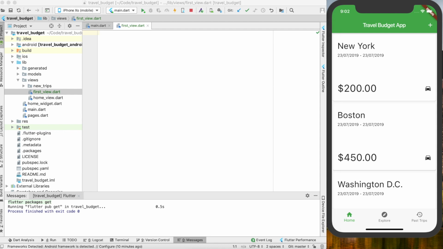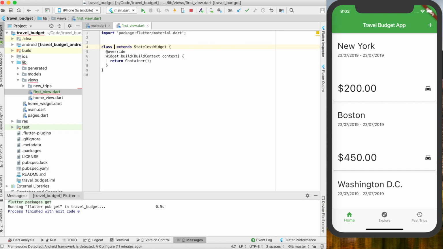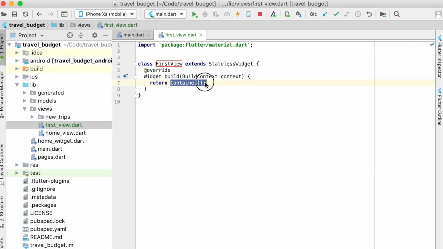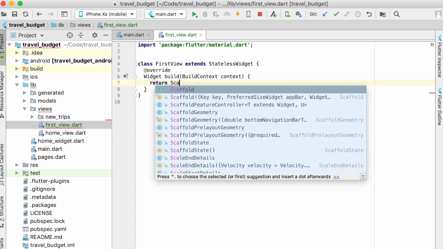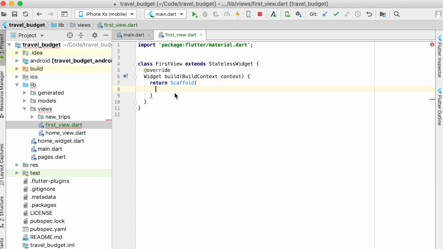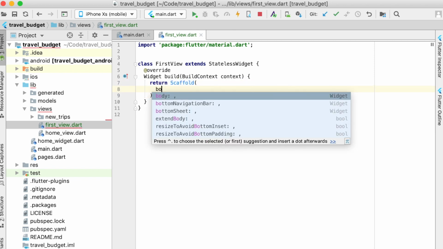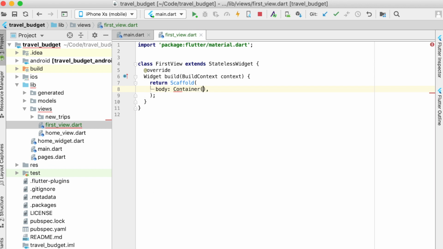So first thing to do is import the stuff that we're going to need, which is obviously the material package. And then with that, we can go ahead and create the new stateless widget, and we're just going to call this the first view. All right, let's go ahead and return a scaffold from this widget, just like that. And let's simply put a container in it right now,